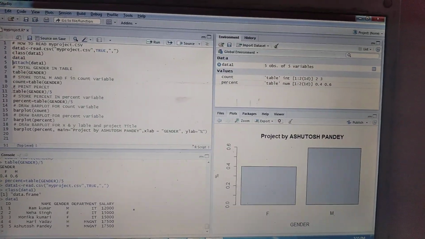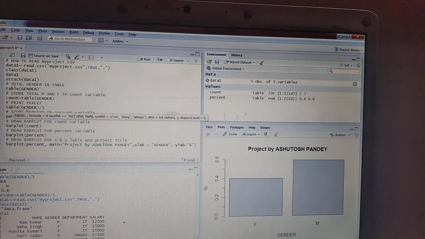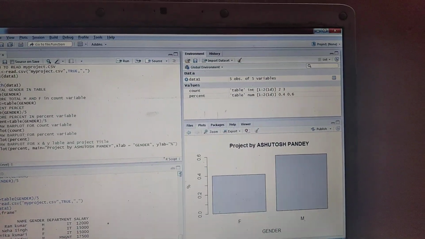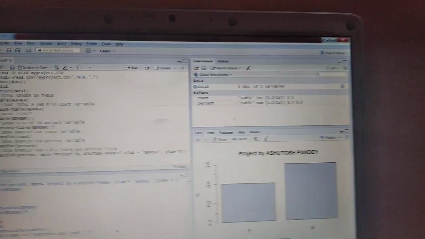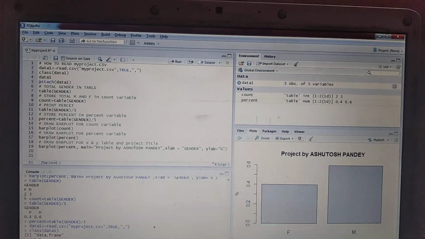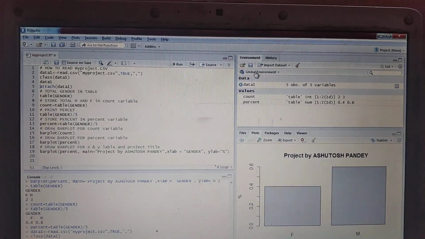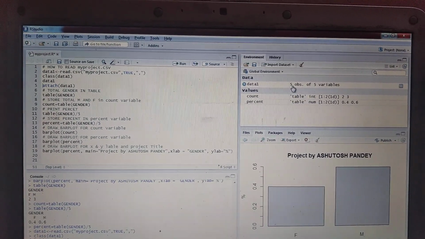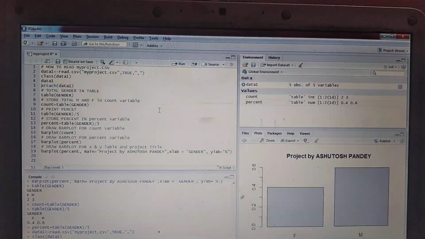So again table, parameter should be gender, divided by 5, because we can see here the output is 2 female and 3 male, and in data1 we talk about the data1 object, and it represents 5 objects, meaning 2 female and 3 male persons.